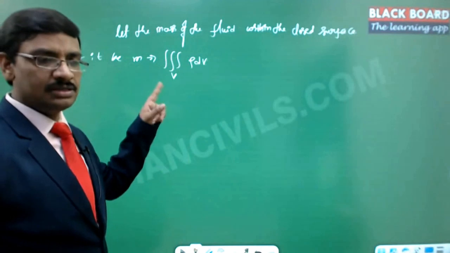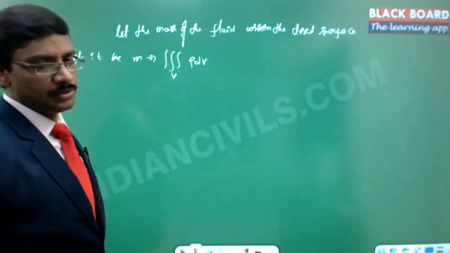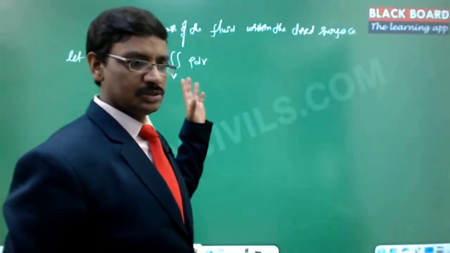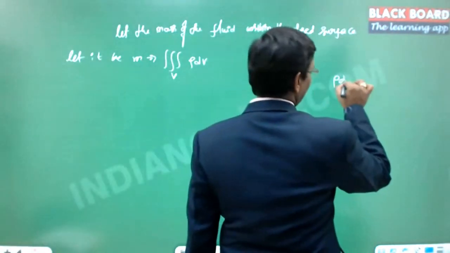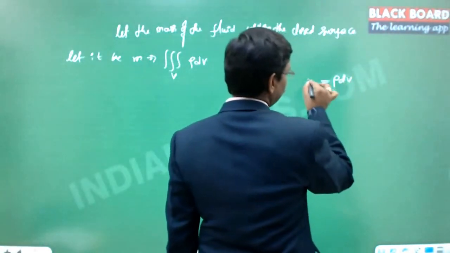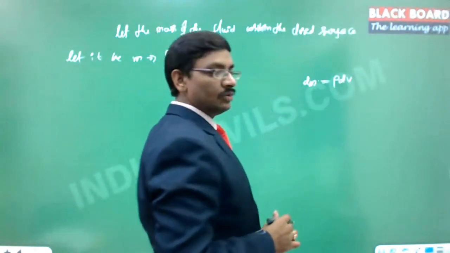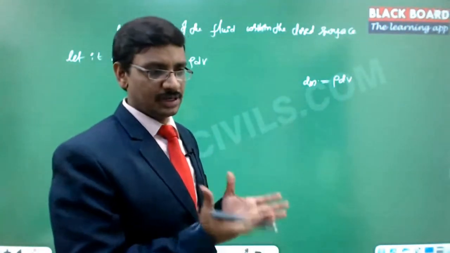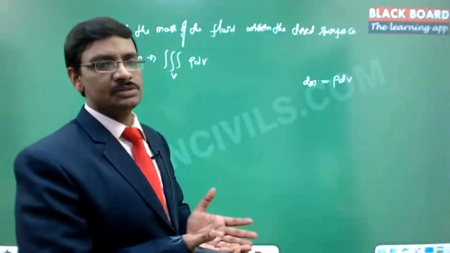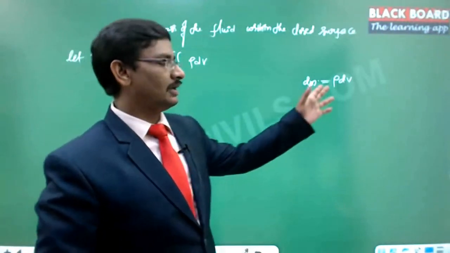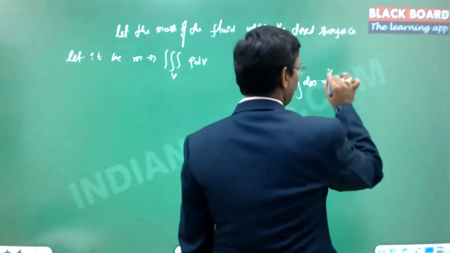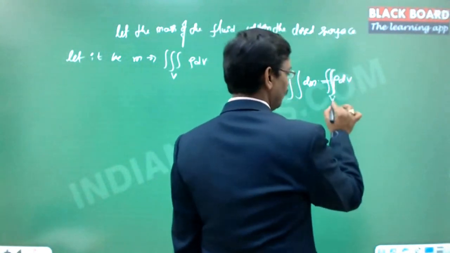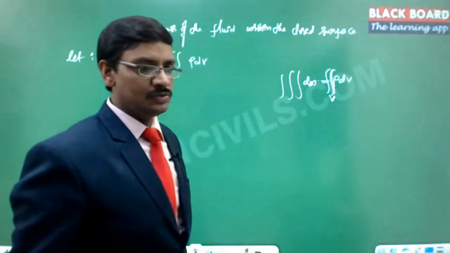So rho dv is the mass of the fluid, obviously, right? So density into volume, that is nothing but the mass. So this is rho into dv, the elemental mass, dm. Now this dv needs to be considered for the completed closed surface, which will enclose certain volume. So that volume integral we should consider. If you integrate it, it is expected that it is a triple integral over the complete closed volume, which will give the mass.